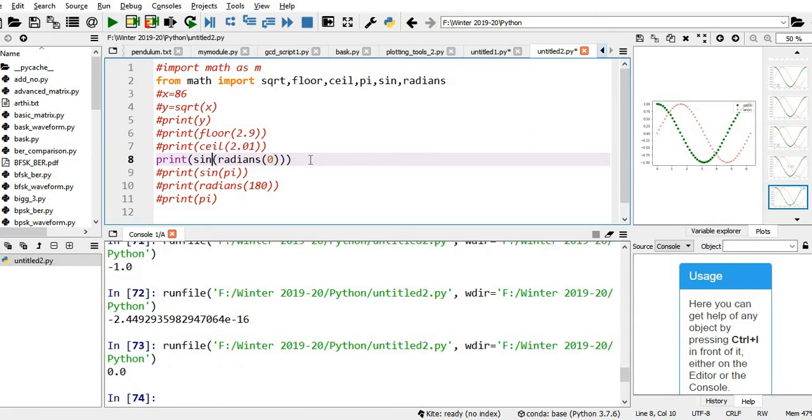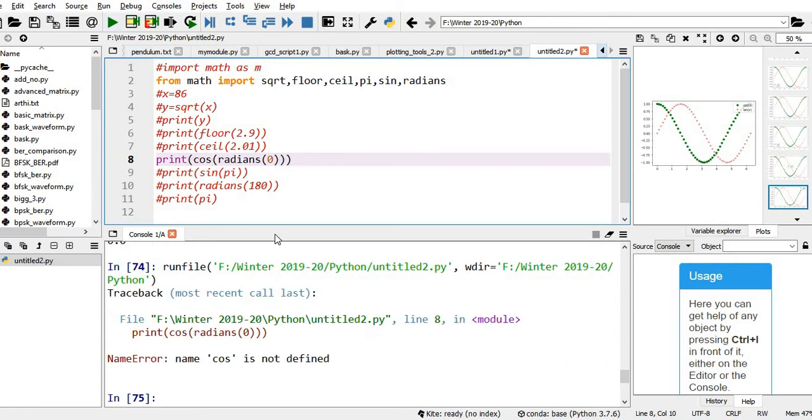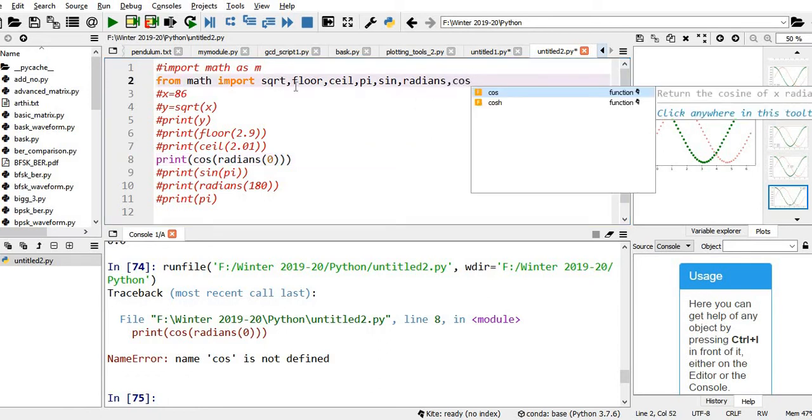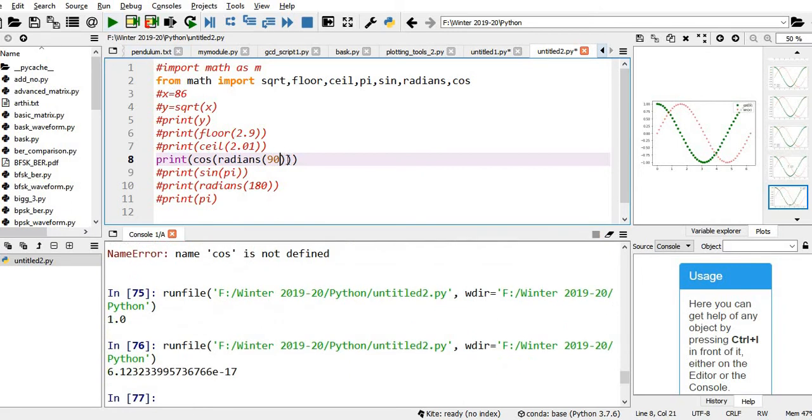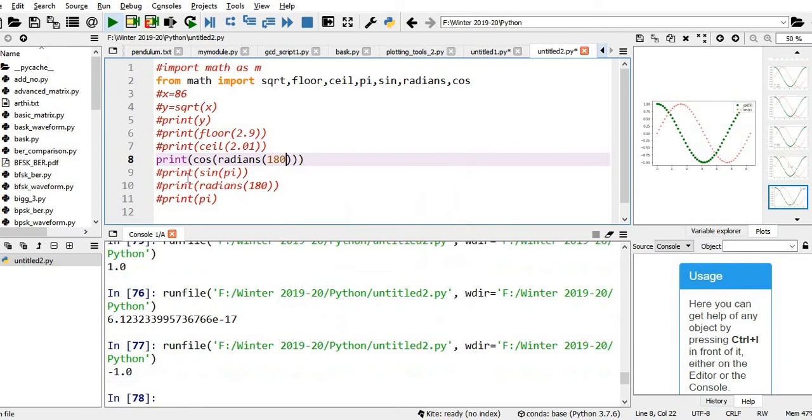Sorry, here I need to change to cosine. See, it is displaying an error, because I have not imported cosine. I have imported it now. Yeah, now it is showing 1. Then for 90 degree, it should show 0. For 180, it should be minus 1. For 270, again it should be 0.